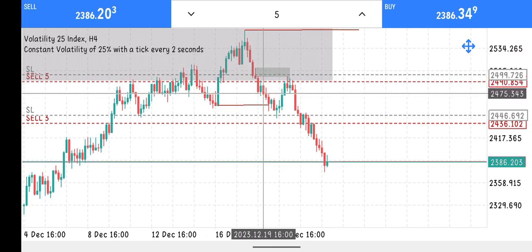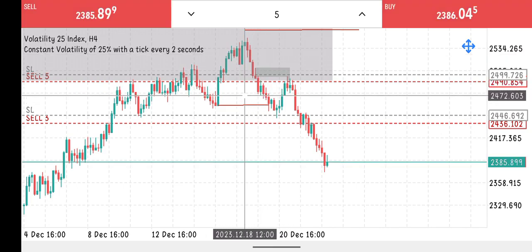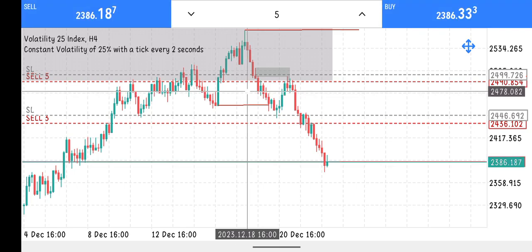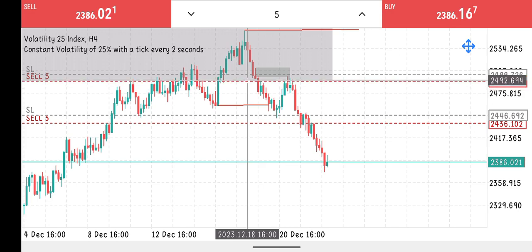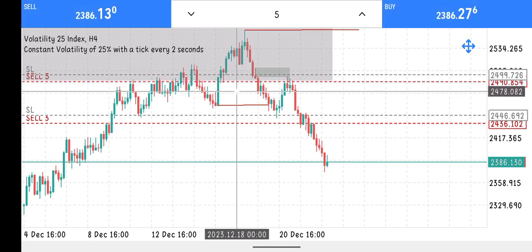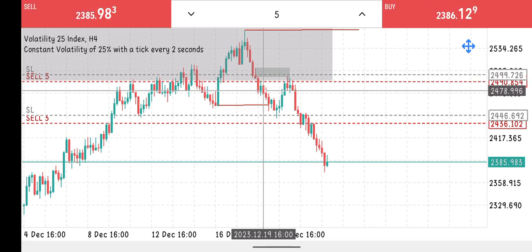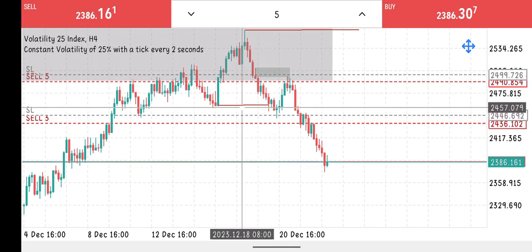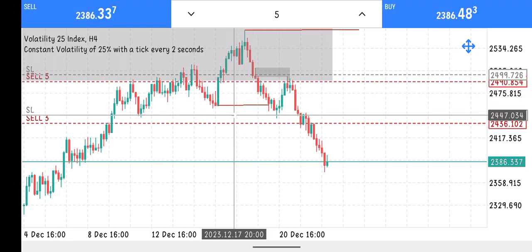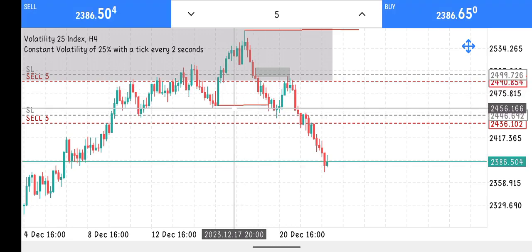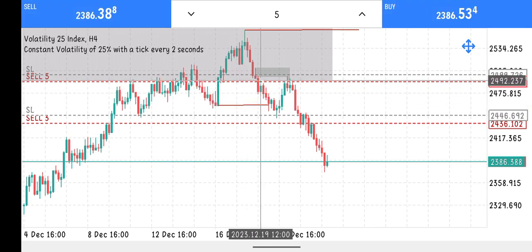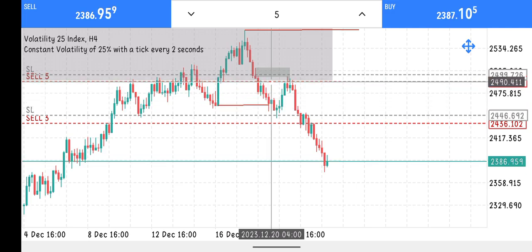Maybe some people were thinking price would respect this demand zone, coupled with the fact that it has imbalance and some level of liquidity just before it. But instead, price pretended like it was going to respect it, and boom, disrespected it. In its process of changing character, it left behind a valid supply zone, which price later mitigated and started heading